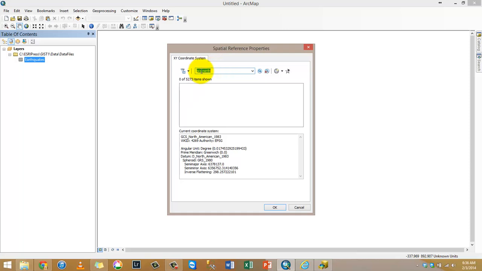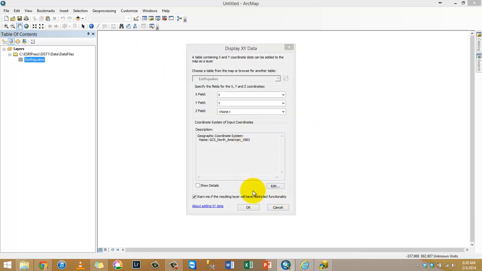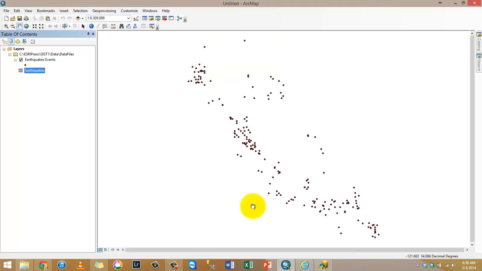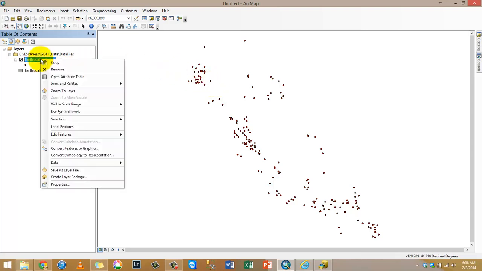Or you can just search for GCS North America, or you can just type in GCS North. Then in the North America you do get a bunch of stuff. I'm gonna just search for GCS and see what comes up. And I'm gonna click on OK, and it's gonna map out all my earthquake events